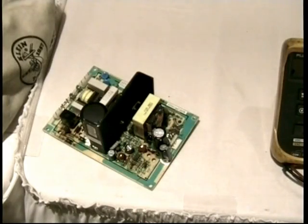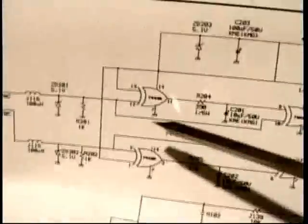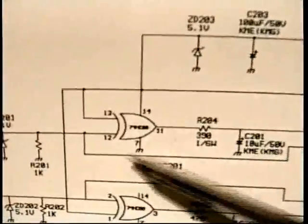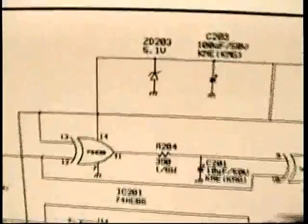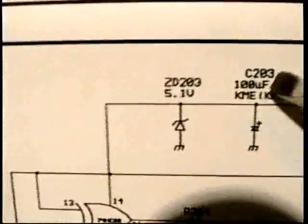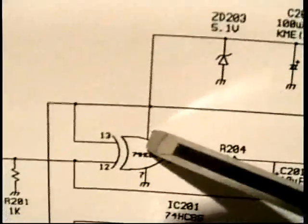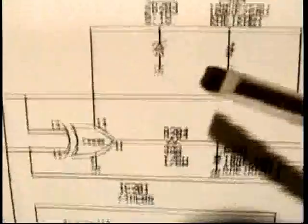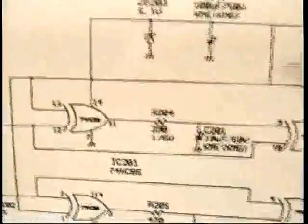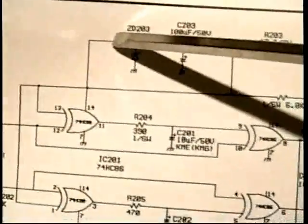Let's go back to the schematic diagram, shall we? This integrated circuit that I just showed you, the 7486, actually works off of 5 volts. Most of these digital ICs do, the vast majority do. And that 5 volts comes in pin 14. It's the corner pin, the power pin of the integrated circuit. It's really standard. Again, I wish I had more time. Well, let's see where that comes from. And if we follow that wire back,